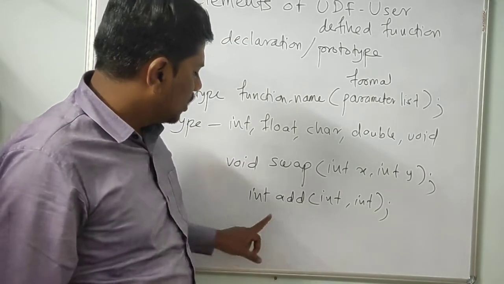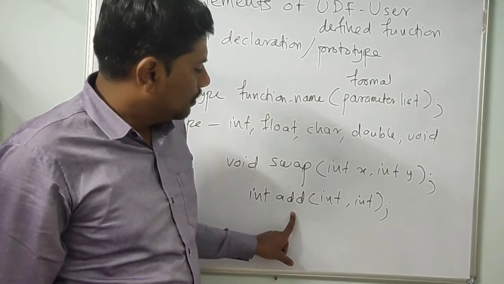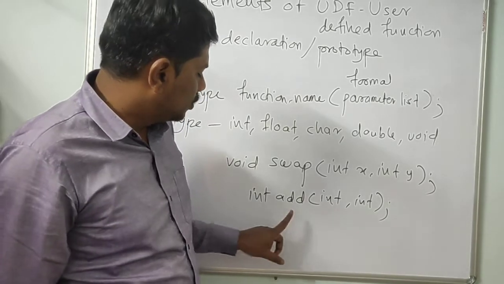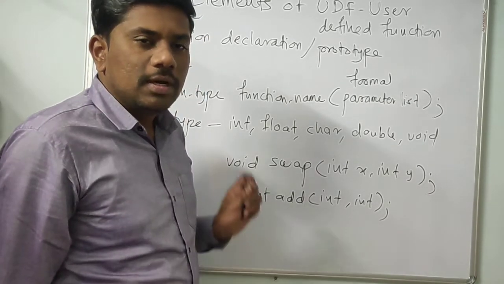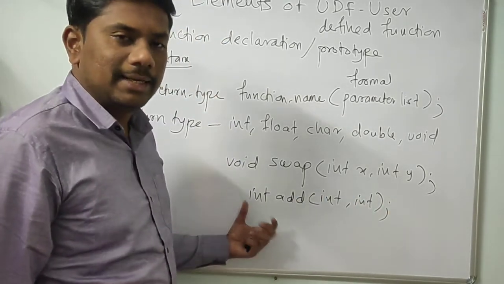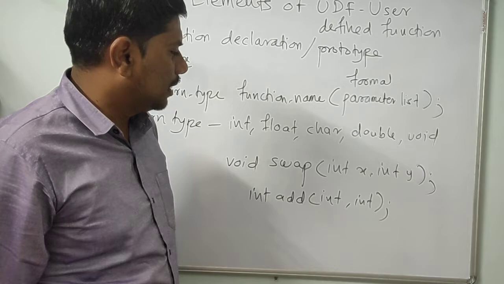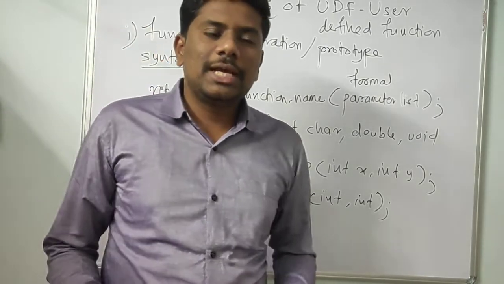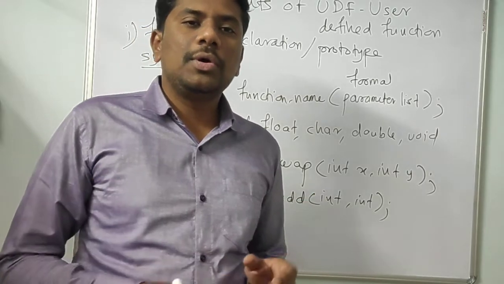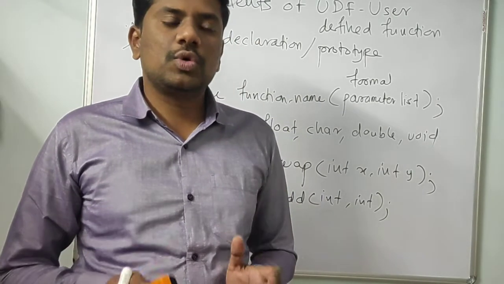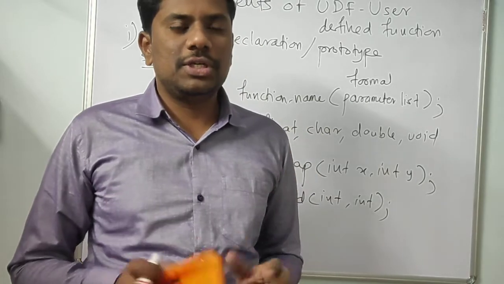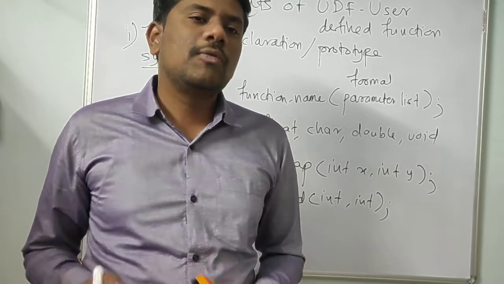The compiler can understand that. So see, add is a function which is going to accept two integer values as input, and this add function will return one output and its type is integer. So this is what function declaration is. Function declarations are actually optional. If you do not declare a function, that is also okay. But as a good programmer, you should declare your function. That will reduce the burden on the compiler.